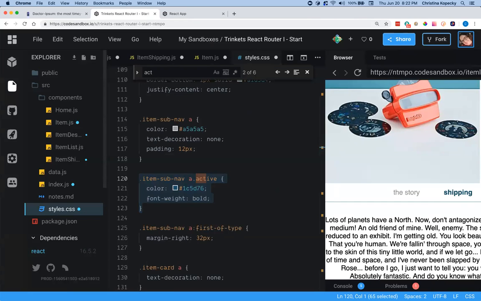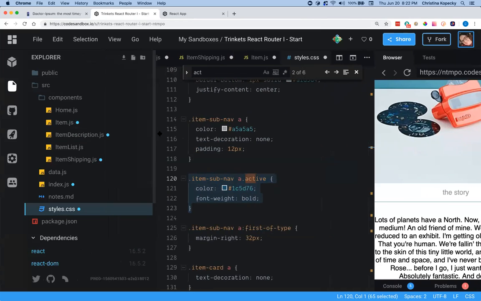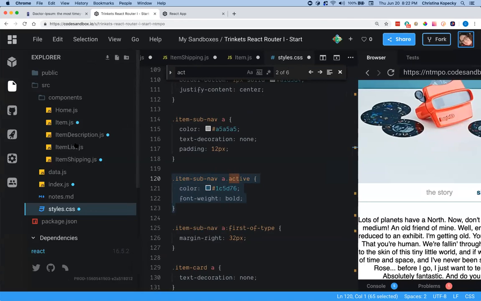We have about, well, that covers NavLink really, because that's really the only difference. Let's talk about history.push real fast. I'm not going to go into great detail about what the history object is because you're going to learn that